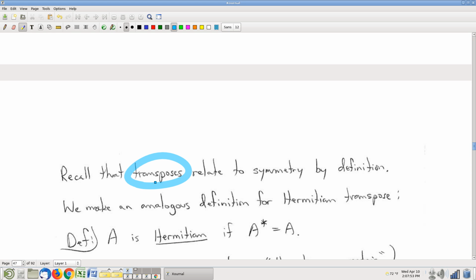The old notion of transpose connects to our old notion of symmetry. After all, a symmetric matrix is a matrix that is its own transpose. Right? So, analogously to what we did before, if we have a new notion of transpose, a Hermitian notion of transpose that makes sense in our new context, shouldn't that give us a new notion of symmetry? And absolutely, it does. We say that